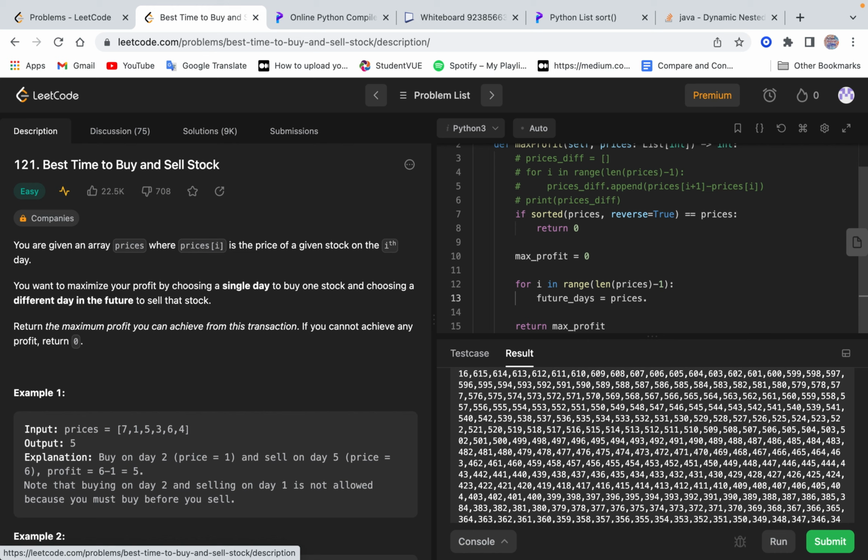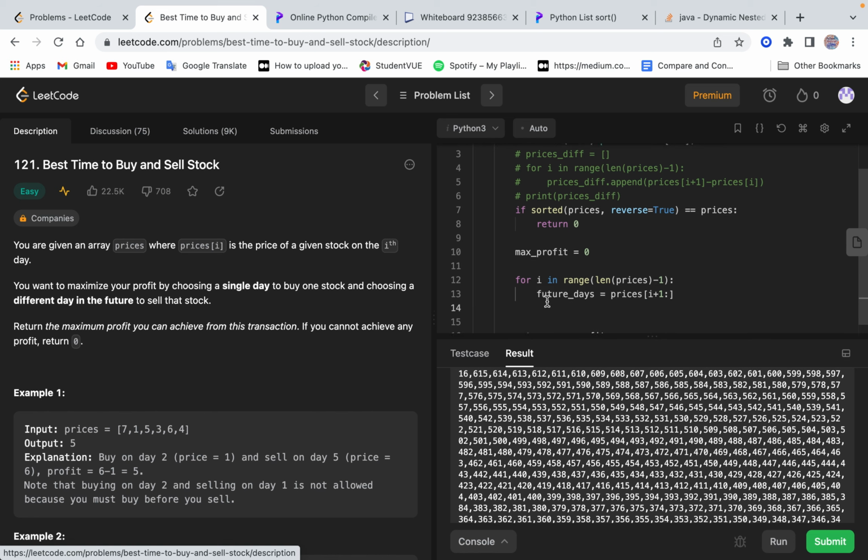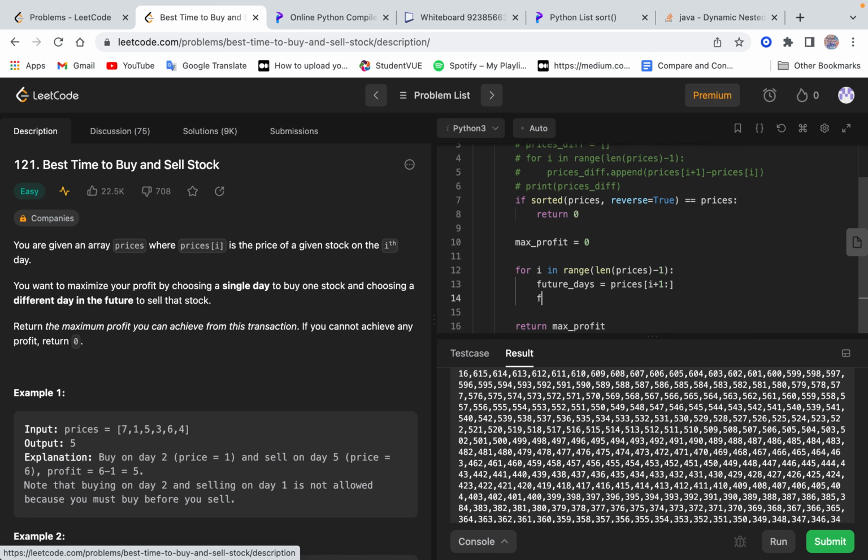Prices I plus 1 colon. Okay, future days, and then here we can write if, and then min, so we can figure out, or max. So best sale is max of future days,